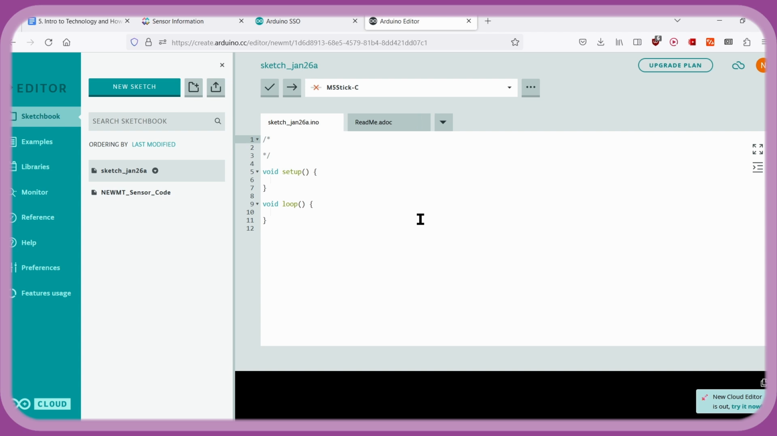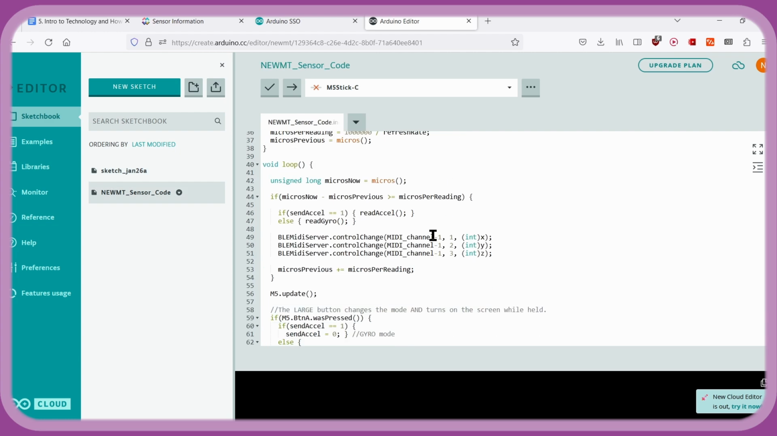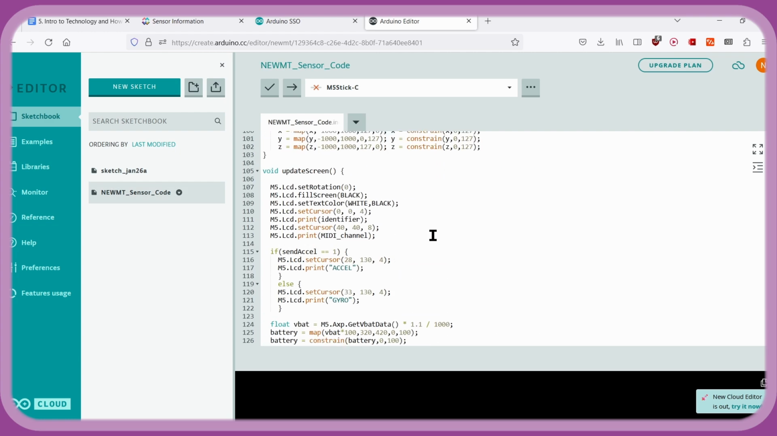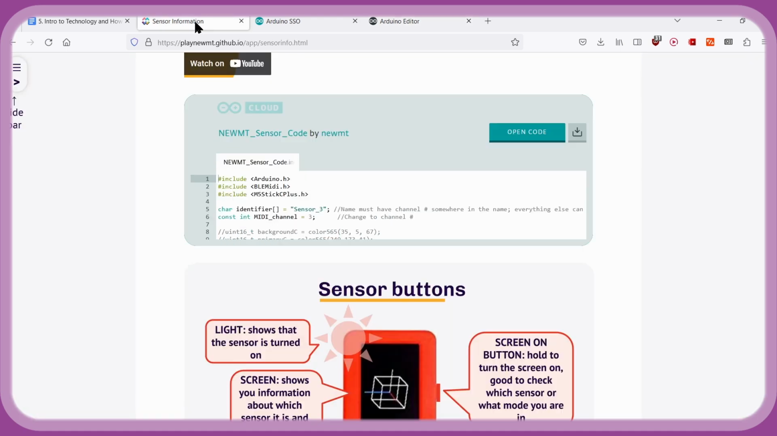Once you've signed in, you will be greeted with a new sketch. And so now what we need to do is we need to get the correct sketch for the sensors. So what that'll look like is something like this. So this sketch has all the code that the sensors need in order to communicate with the computer. In order to get this code, what you need to do is go to our website. So that is